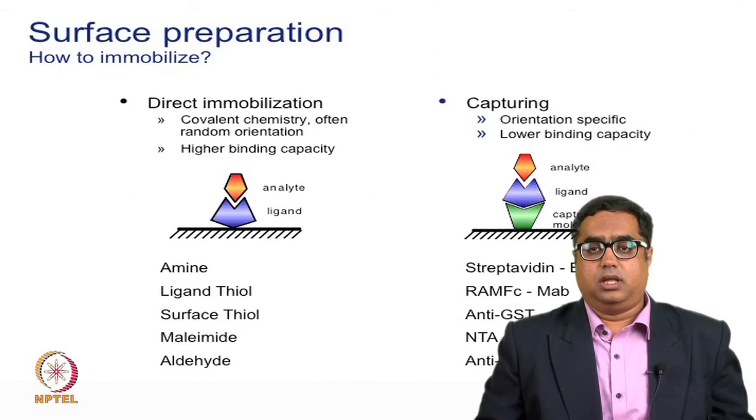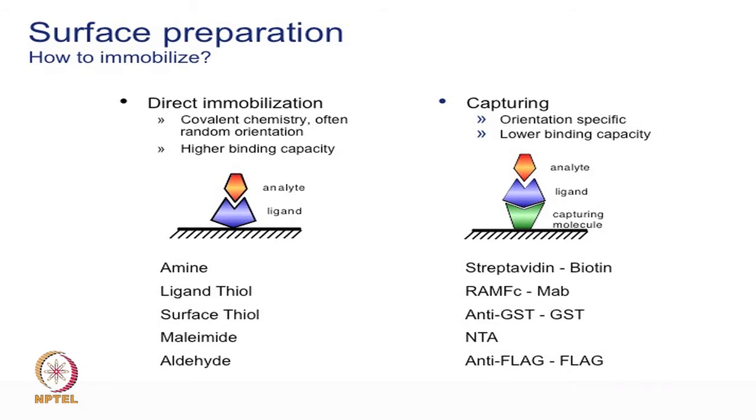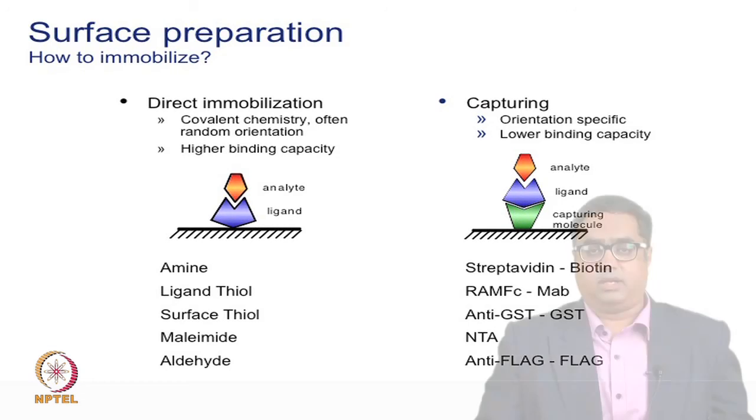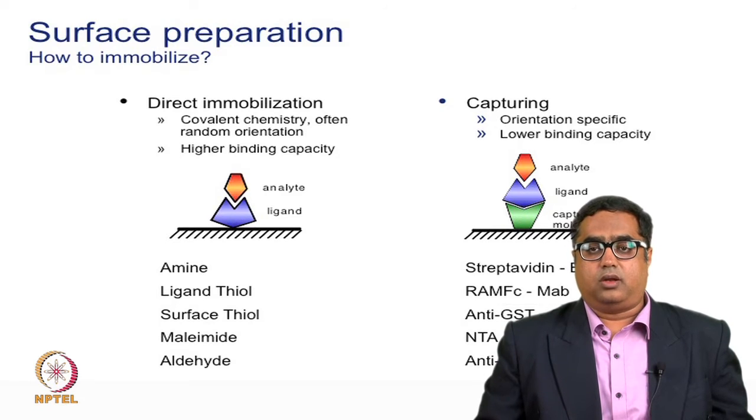In this session, we will understand the different kinds of sensor surfaces and their use in immobilization of a ligand. From the basics and from other sessions, we have understood the surface preparation, direct immobilization or capture methods. So, direct immobilization is a covalent immobilization, which is a permanent immobilization, and in this process we immobilize our ligand of choice on a surface permanently.